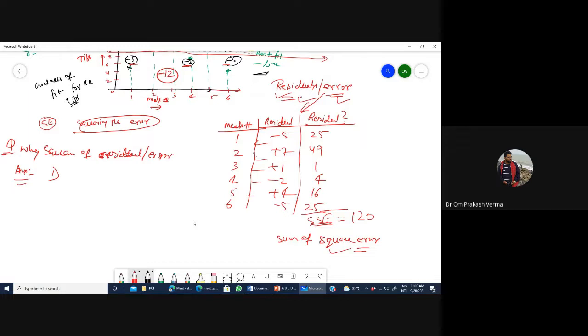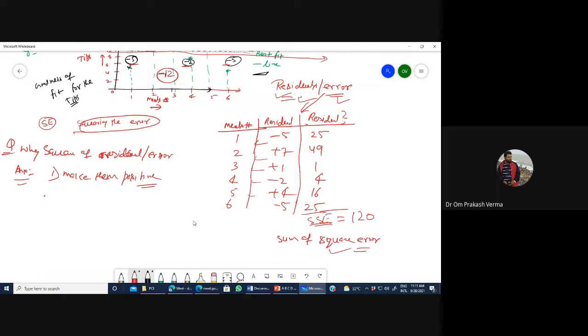For mathematical analysis, it is very tough to handle the minus and plus errors. So for the analysis purpose, we make them all positive. First benefit from the square of residual is this one.